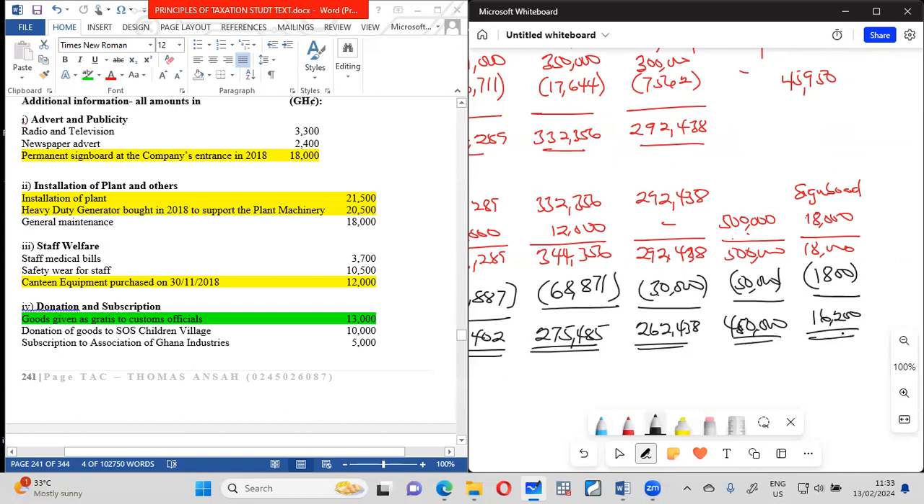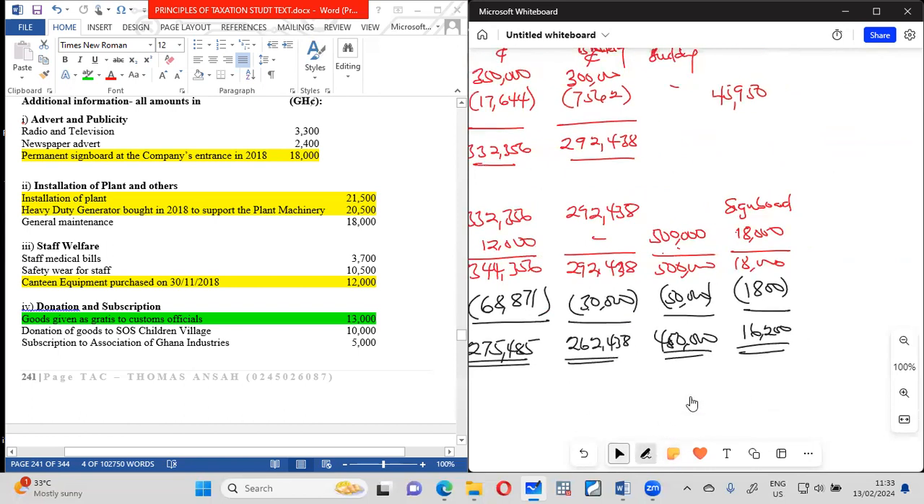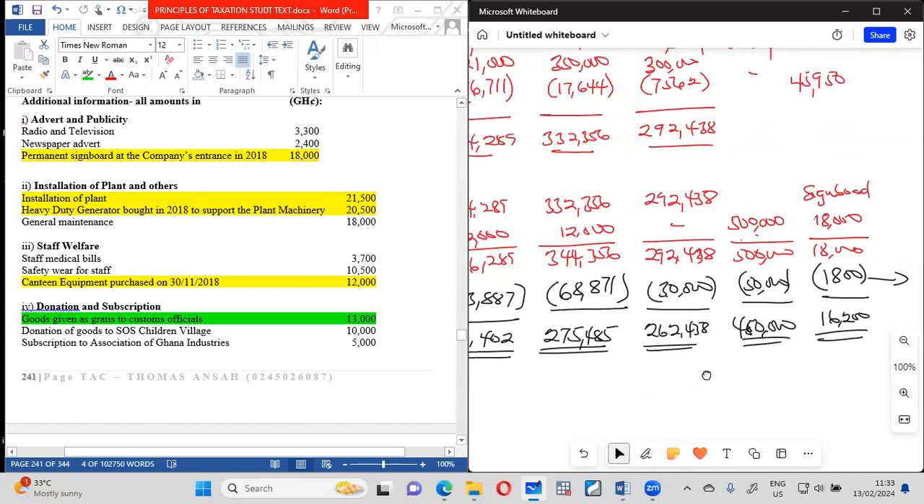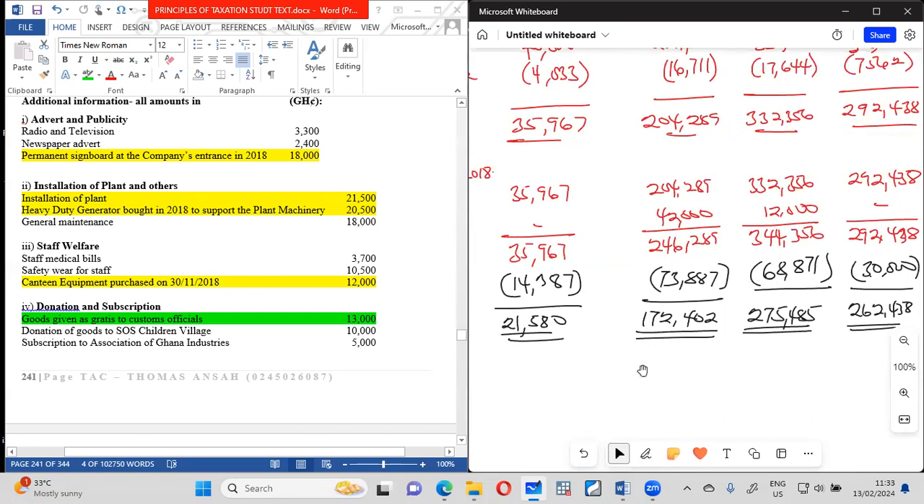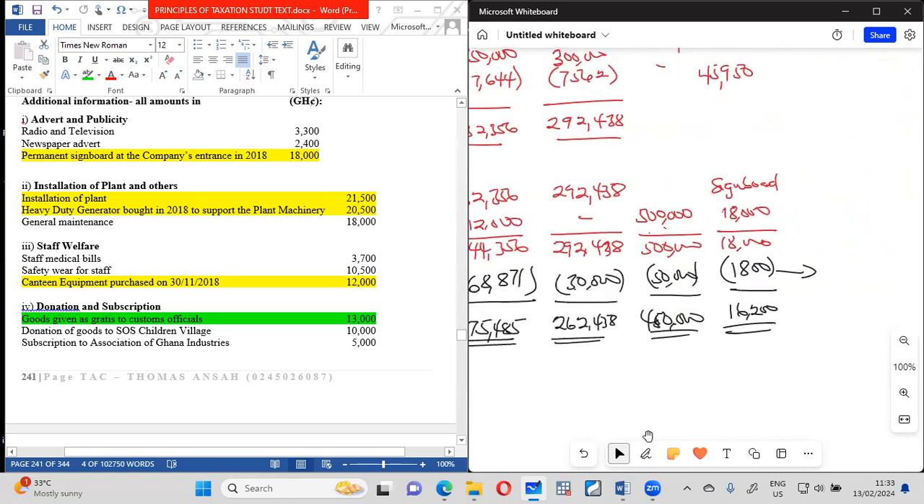But we are not interested in these figures. We are interested in the capital allowance. So what is the capital allowance? The capital allowance that I have here is 1,008 plus 50,000 plus 30,000 plus 68,871 plus 73,887 plus 14,387. The total capital allowance thereof is going to be